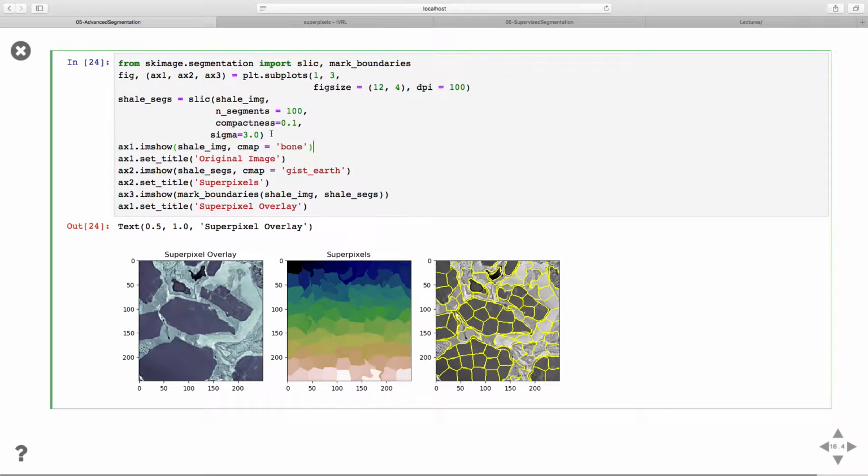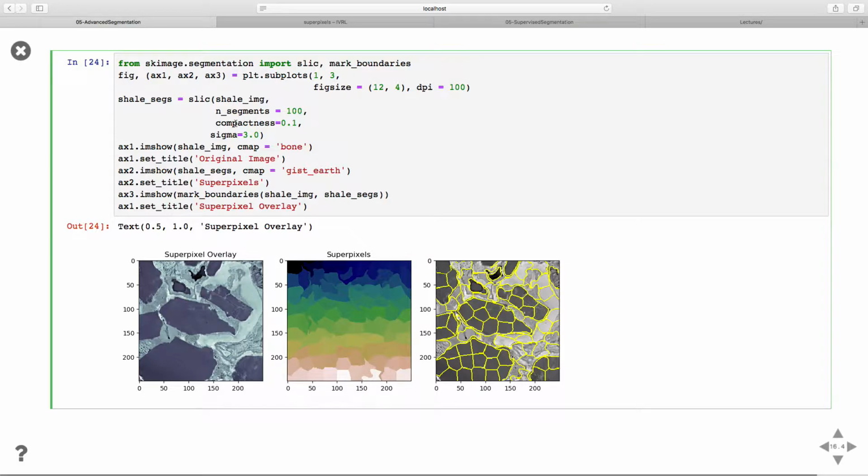But basically, for our purposes and how we'll use it, you have this n_segments, which says approximately how many superpixels you want to look for. The compactness, and then the sigma. And the sigma is how strongly it should filter the image data before it uses it as part of the feature vector. And so the compactness, if it's really high,